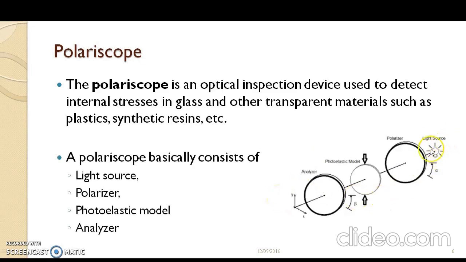Now, as you can see here, there is a light source and a polarizer, which cuts off the light and passes the light with a single plane of propagation, which enters the photoelastic model, which is stressed initially. Now, the light passing from the photoelastic model enters the analyzer, where the analyzer cuts off the light because the analyzer is kept perpendicular to the polarizer. Now, you can see here this photoelastic model acts as a full wave plate where the property of the light does not change. That means to say the polarized light entering from the polarizer has the same property as the light coming out from the photoelastic model.